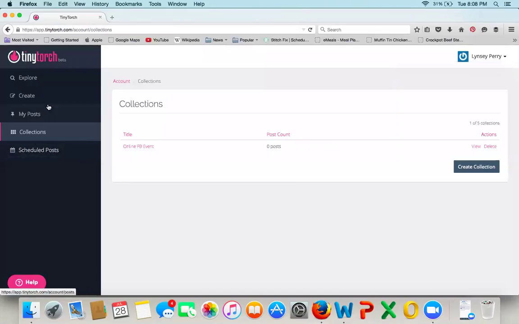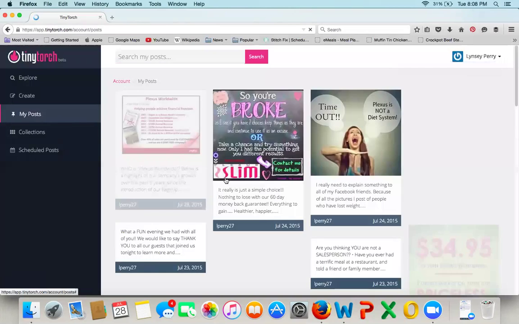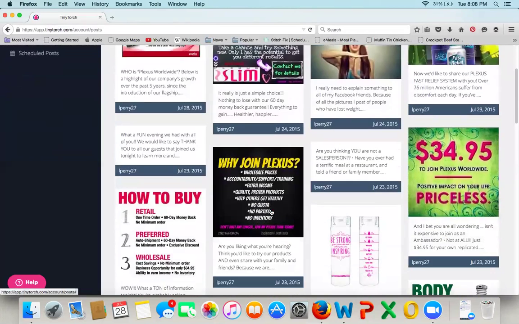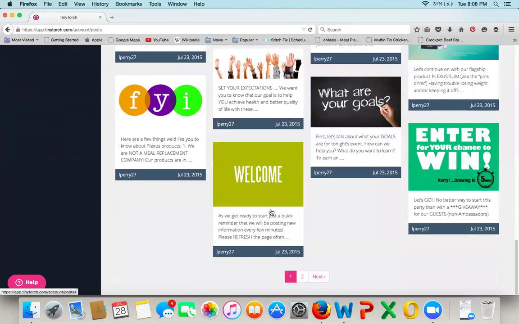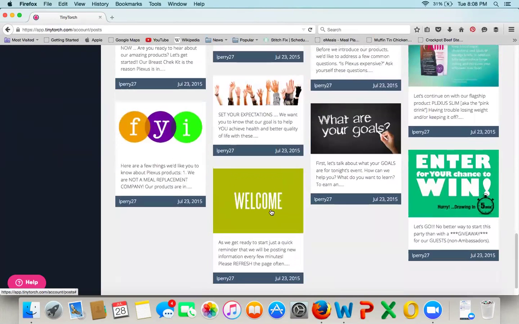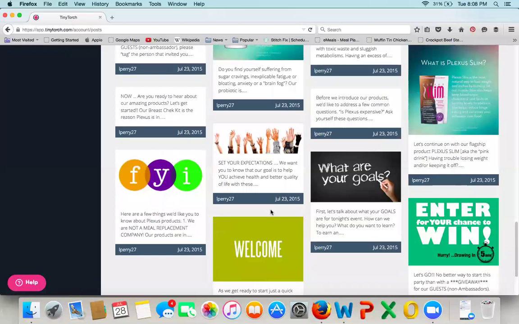So if I go to my post, notice every single post that I've posted is already saved here. All of my posts from the Facebook event that I did the other night are already saved here. So technically, I could sit here and reschedule all these for Thursday night and not have to have anybody else post with me. But